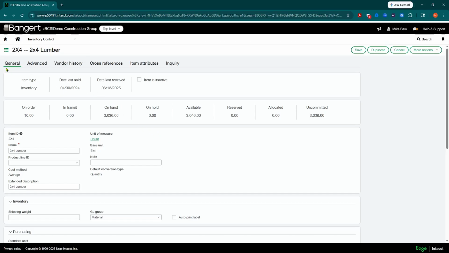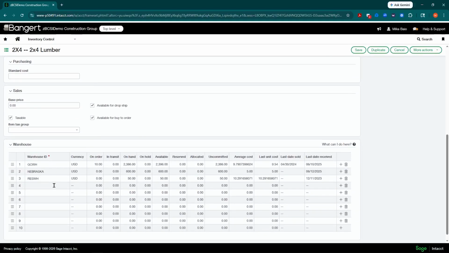So as I scroll through the item, if you take a quick look at the general tab all the way down at the bottom, here's where you can list the warehouses that are associated with that item. So you'll notice here that I do have this item in Nebraska, and this is what that one button was looking at. It's saying, hey, I'm only going to replenish for warehouses that are on this item record. So you can add to this if you need to, but if the warehouse is not on this item record, it's not going to try and replenish to a truck warehouse, for example.